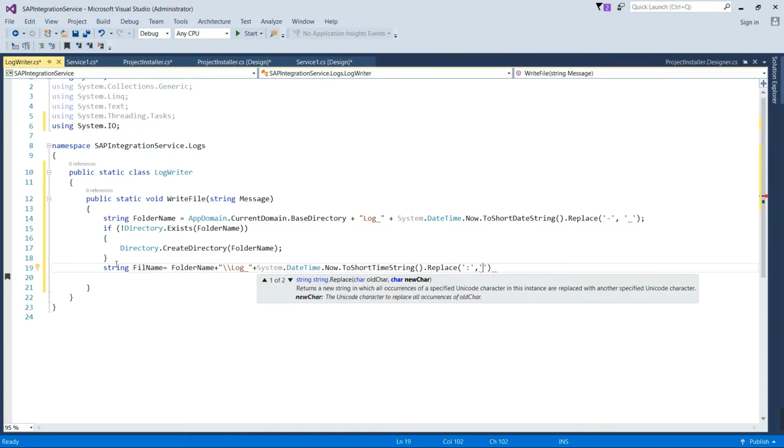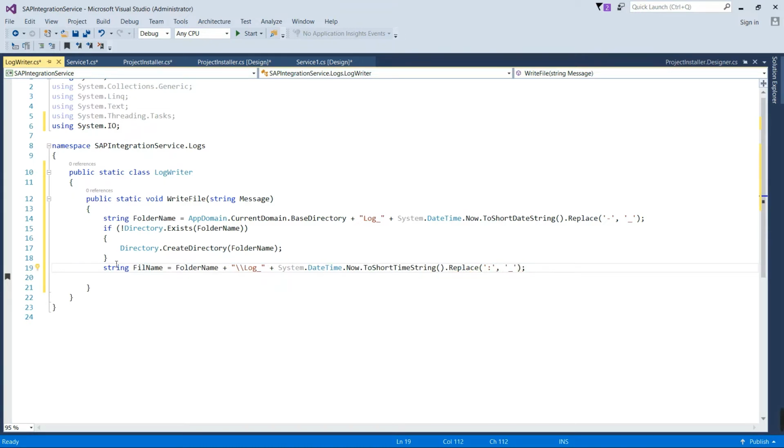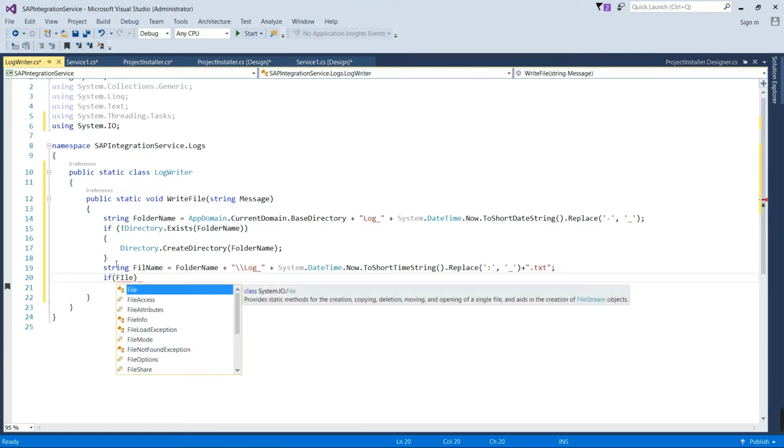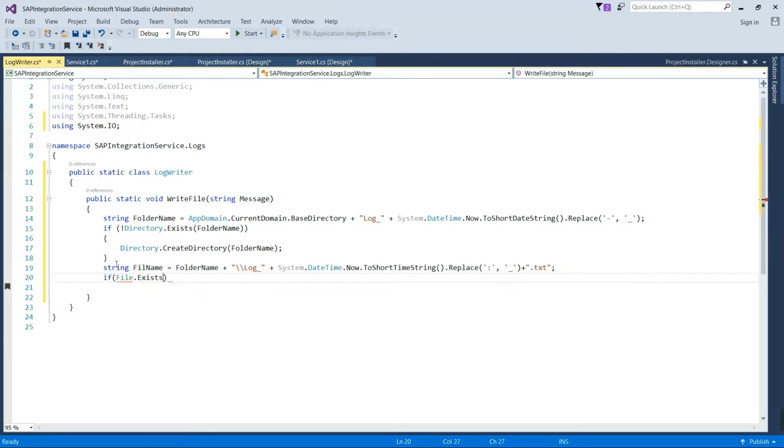Replace the colon from the time with underscore, txt file. Now we will check if this file exists or not. If not exist, then we'll create a file using StreamWriter.